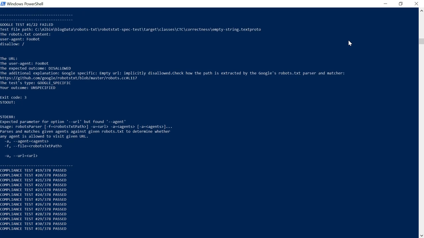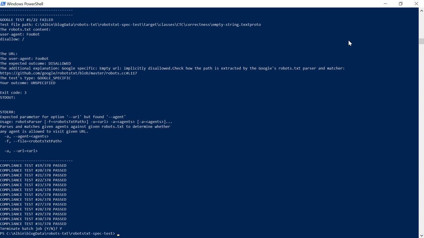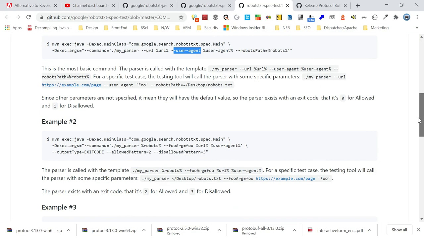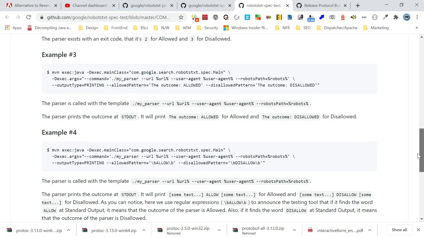Okay, maybe I will stop it here. It has multiple test cases. It will run all those test cases and show the result. You can even try other commands, as some variations are there, so you can explore that.